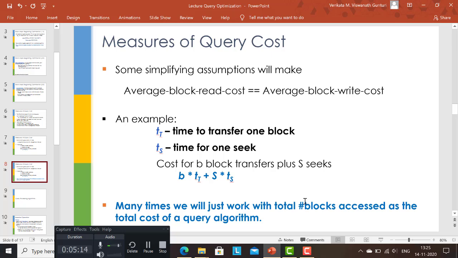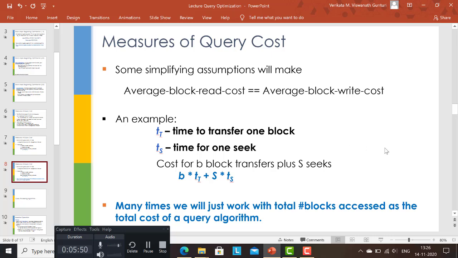So when we are evaluating alternate query plans, we'll try to evaluate them from the perspective of how many blocks am I going to access, right? So there is also a factor of the number of seek operations, which you remember are usually the most time-consuming, but in fact I'm going to even ignore the seek operation. Why? Because for us to get a good estimate on the number of seek operations, you also have to know